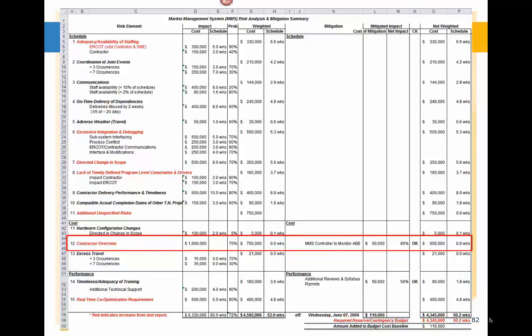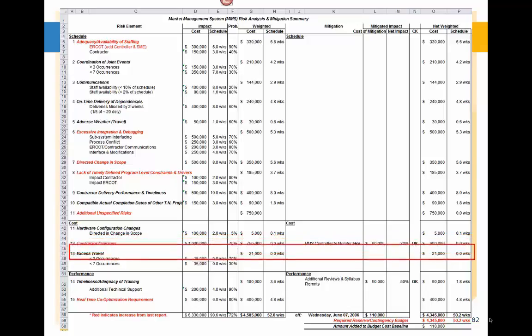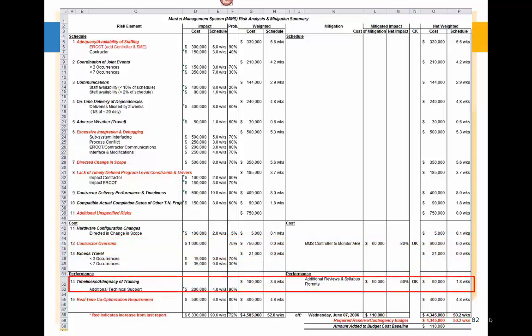We had actually put some mitigation in there. We assigned some mitigation. We were going to put a controller on that to monitor the subcontractor, the cost of the mitigation, and then the probability, what the probability improvement would be. 80% probability improvement, which meant a 20% reduction in the previous probability factor, which helped us reduce the impact of that risk. And then we had another mitigation action taken, and that was to improve the timeliness, adequacy